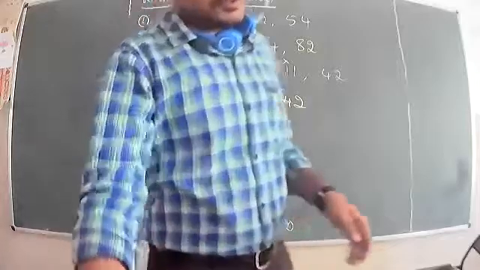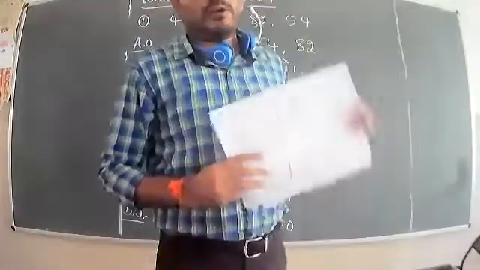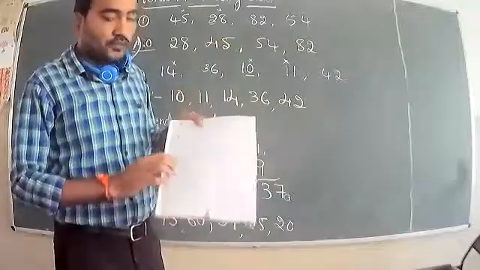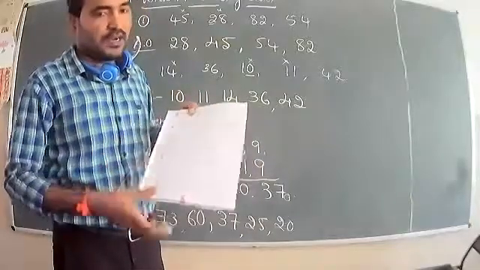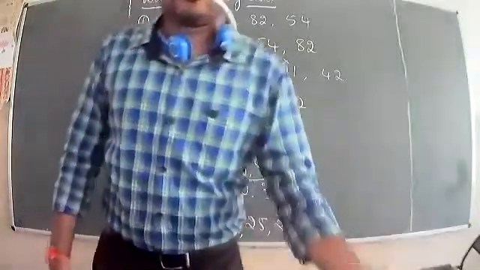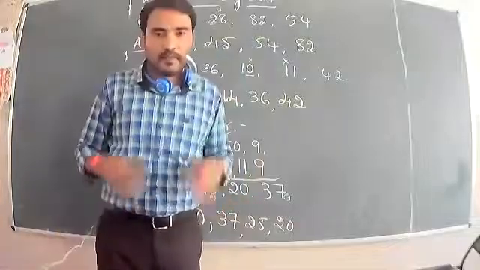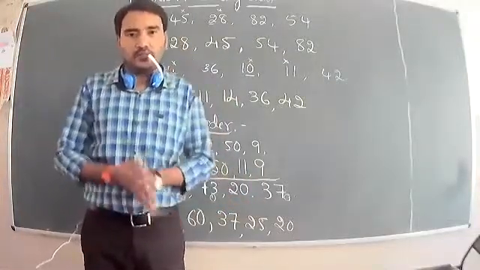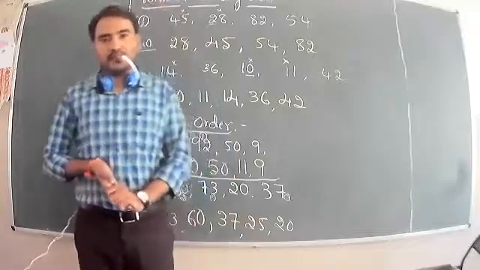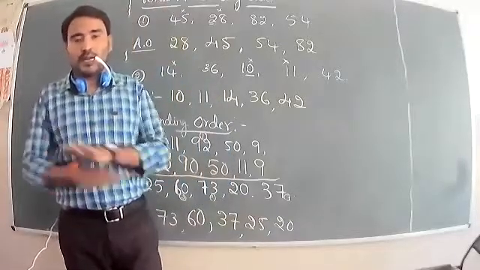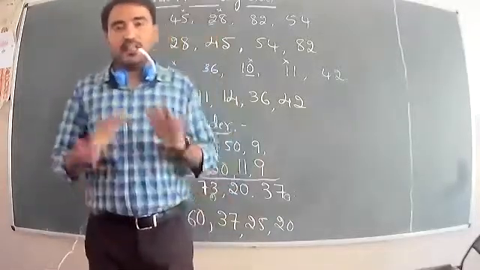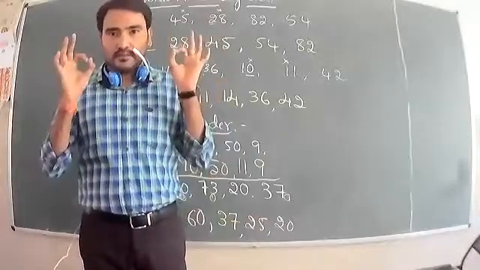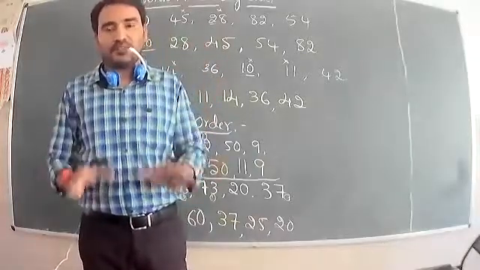Now in your textbook page number 7, you have to finish this concept, using the symbols greater than, smaller than, and ascending order and descending order. Some students are already done. The remaining students have to complete it and send the photos to my personal number. Today I have to finish the revised concept. Next class I will take the second standard main chapter.